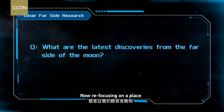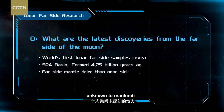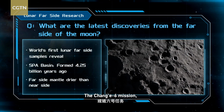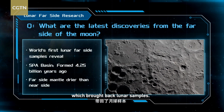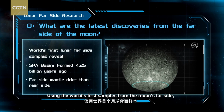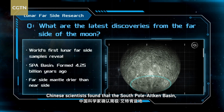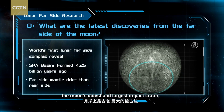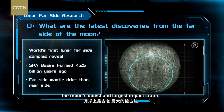Now refocusing on a place unknown to mankind, the far side of the moon. Its latest visitor, the Chang'e 6 mission, which brought back lunar samples, a substantial discovery. Using the world's first samples from the moon's far side, Chinese scientists found that the South Pole Aitken Basin, the moon's oldest and largest impact crater, was formed